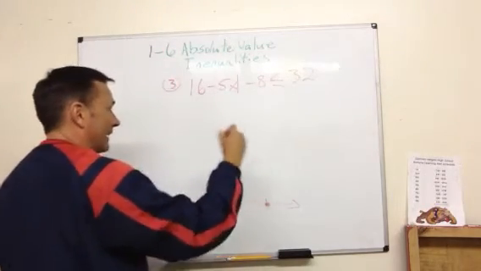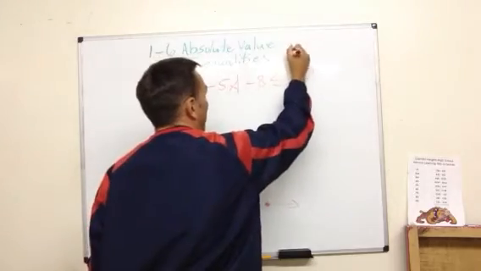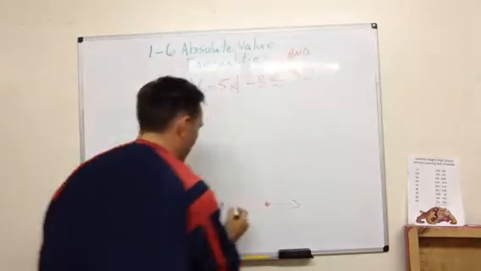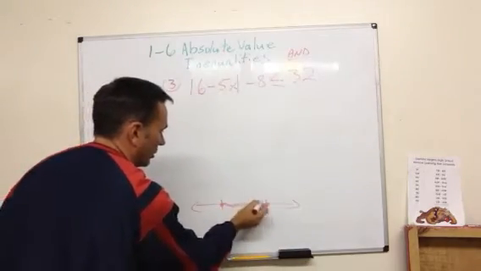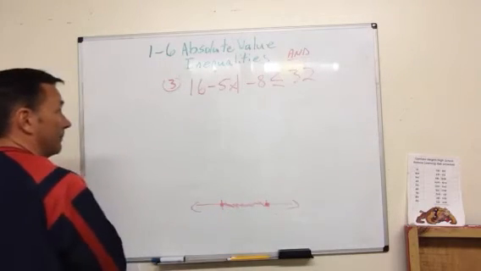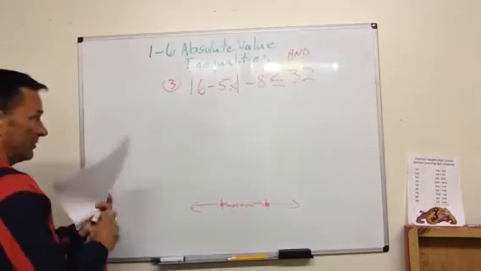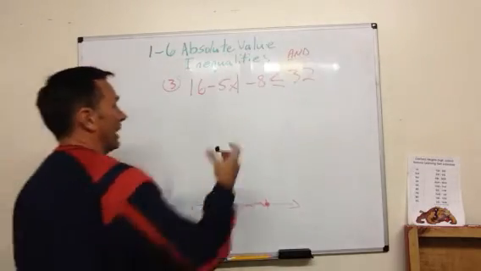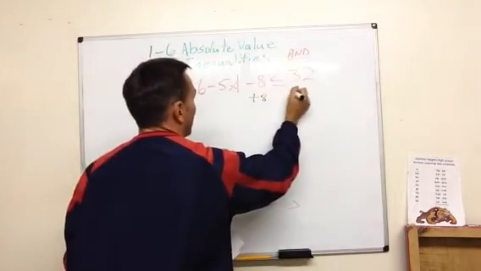Because it's less than, this is an AND problem. So I know I'm going to be shading in the middle. So some x is going to be greater than or equal to this number and less than or equal to that number. So when I solve this, again, I have to isolate the absolute value, plus 8,